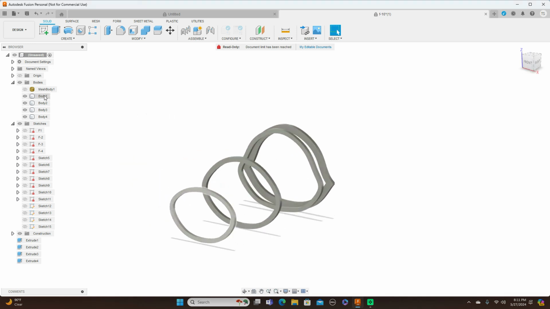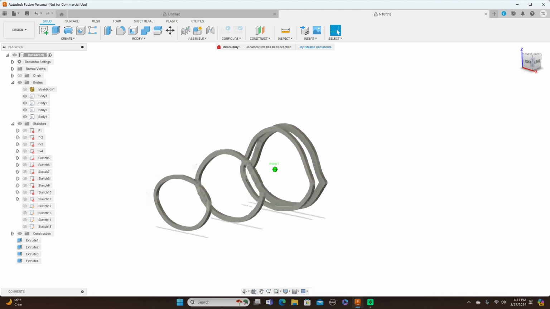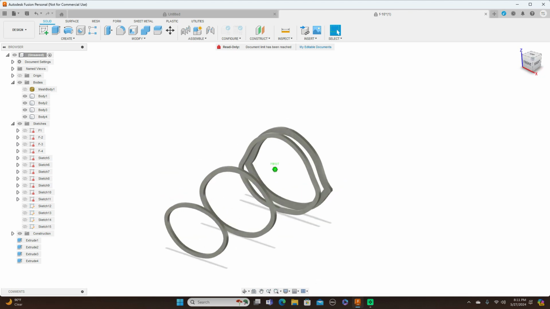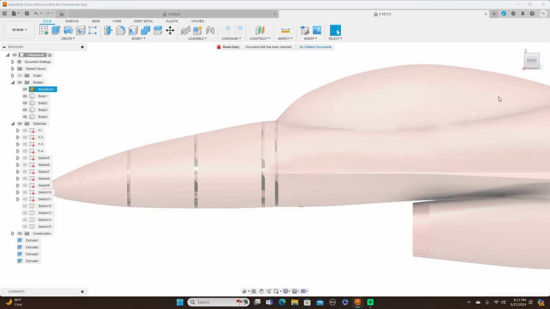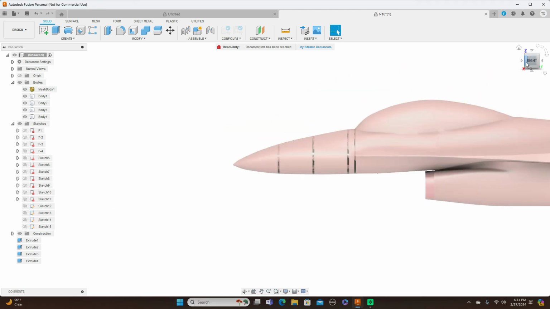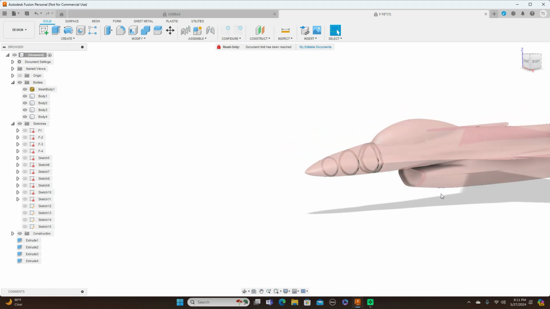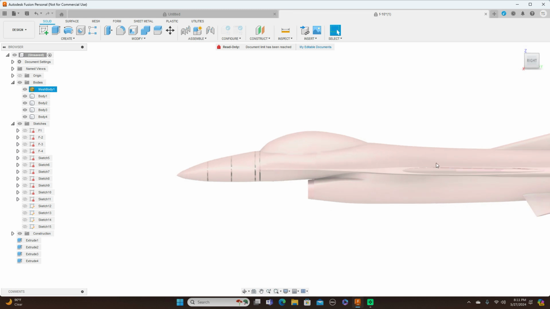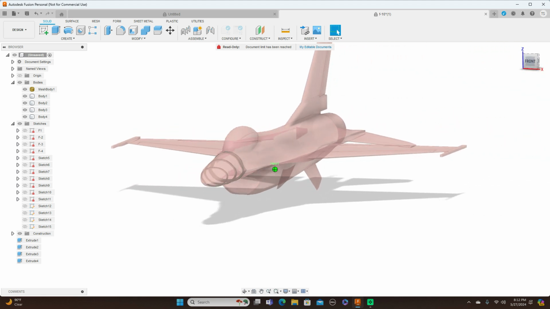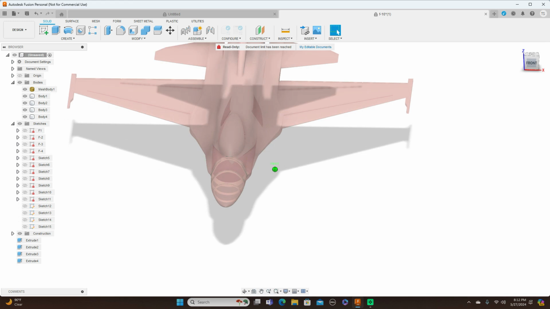And also change these to F1, 2, 3, 4, etc. There we have our formers. And like I said, I'm going to do this whole fuselage back where I put all the sketches on. So yeah, and